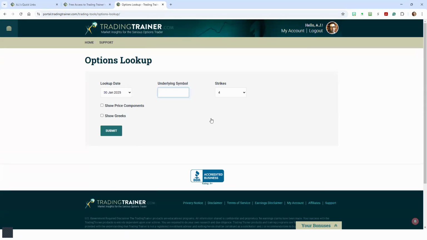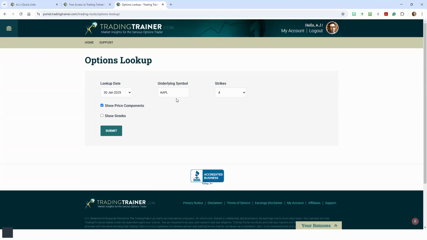You can type in any ticker you want, and our user interface is getting updated about weekly. We're perfecting it and including more features. Right now, one of our favorite features that you won't find anywhere on the web for free or for cost is this price components